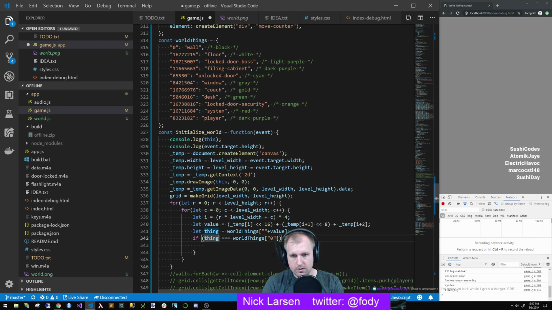Let's just make it super explicit. I don't really like reusing the same thing in two different places, but I do like the explicitness of the name of what I'm trying to do being right here next to the thing that I'm trying to do. In this case, what I want to do is pop on some walls,